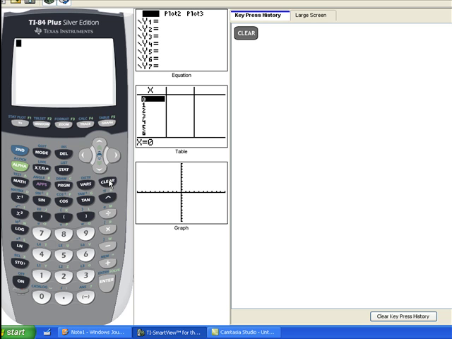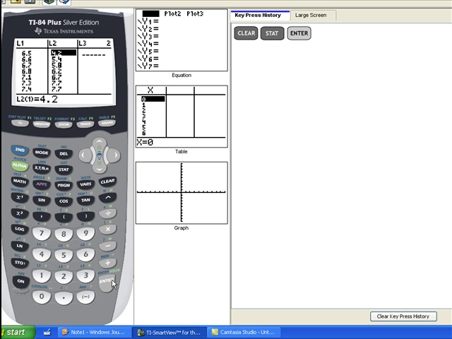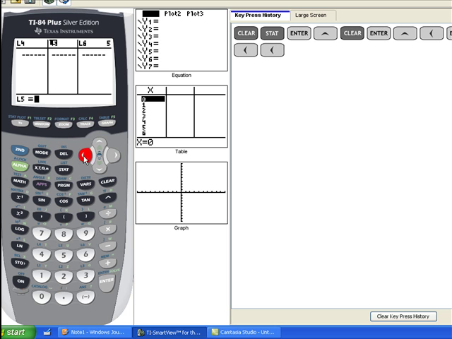I ended up in L5, so I'll have to fix my calculator. But anyway, we'll use L5, and let's enter. Okay, now maybe I can go back to L1. There we go. I'm going to clear it. There we go. Okay, so I'm going to enter 81,